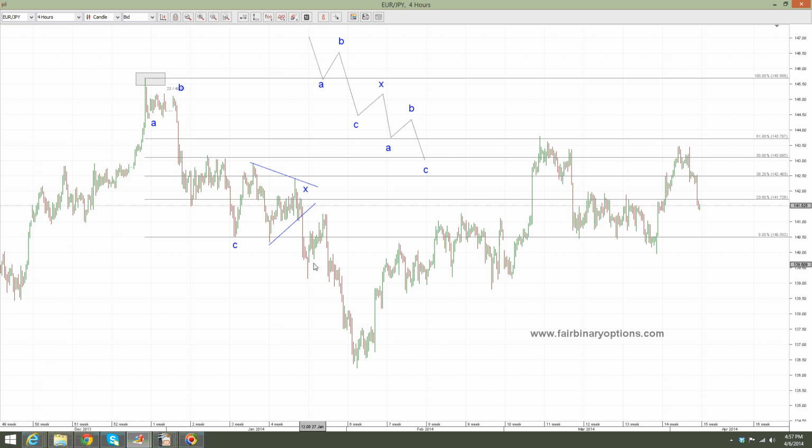And then what to look for next? Well, next we are looking for the second correction to come, wave A, and the B wave, and the C wave to the downside. So another A, B and C. Again, what is our X wave? Well, our X wave is this pattern here, and by the time we are seeing how to trade this pattern,